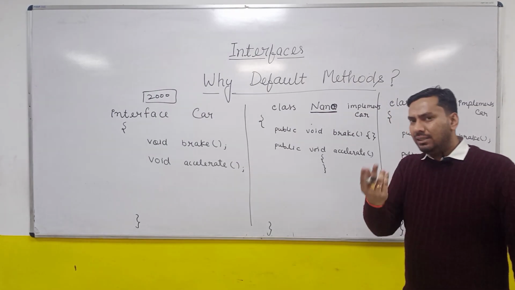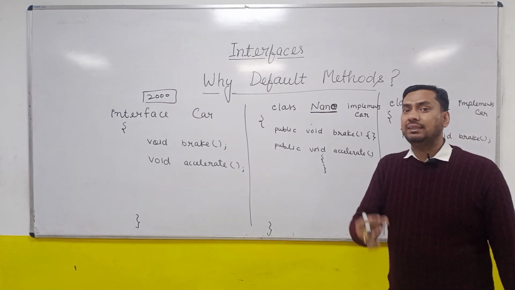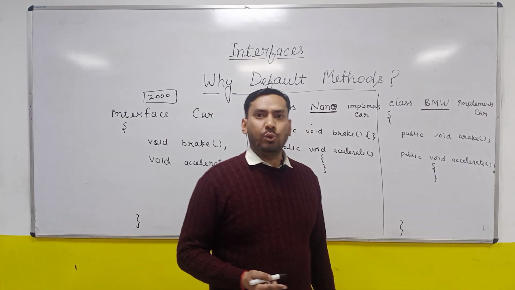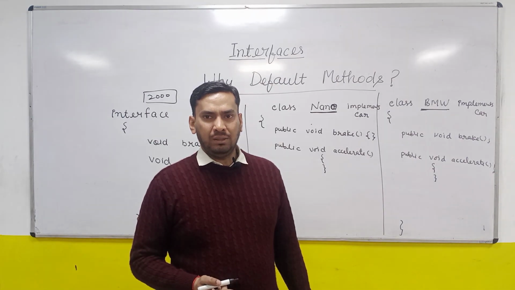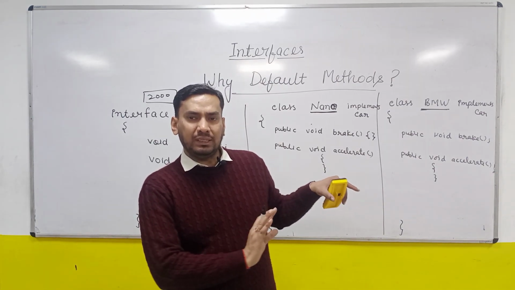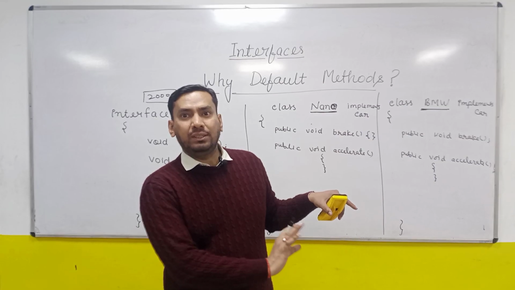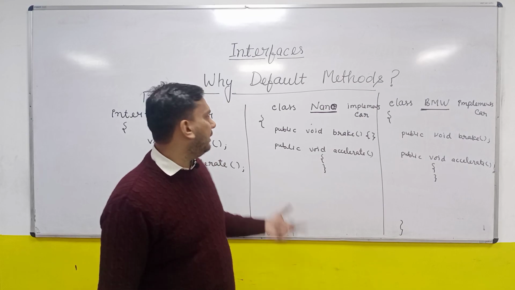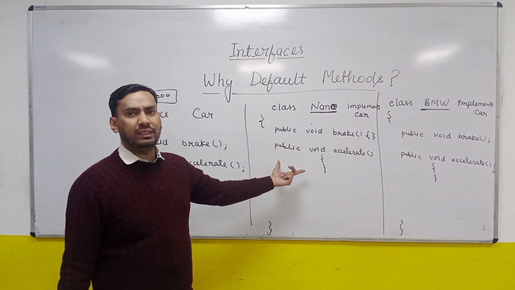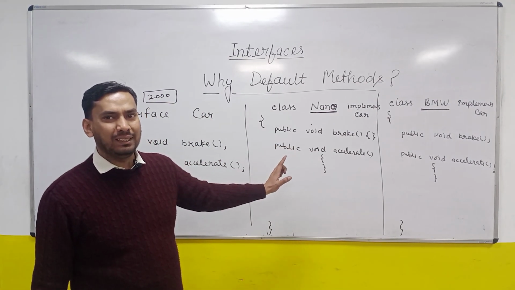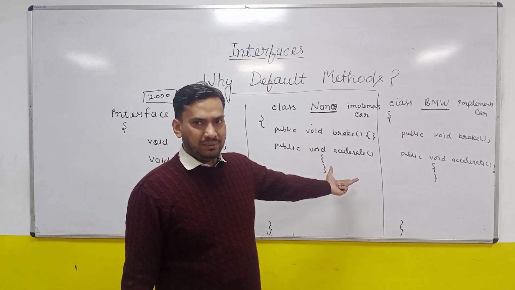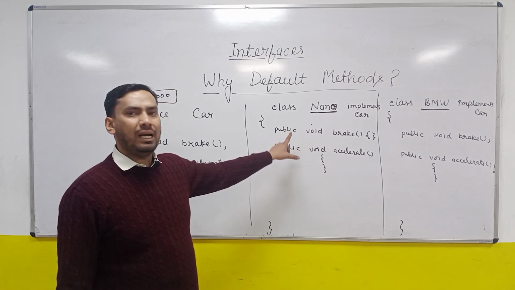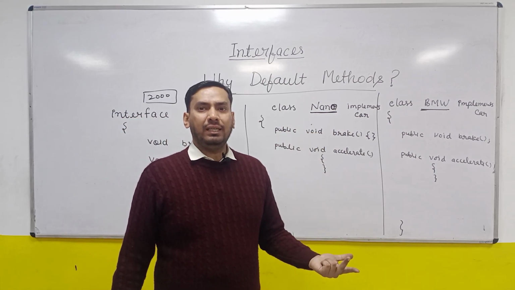So why are we inheriting? Again, because of the is-a relationship. Inheritance is done for two reasons. One is code reusability. When you have a class or interface with some code, and you want to use that code rather than writing it again, you do inheritance. But in interfaces we don't have code reusability, because we don't have any code inside the interfaces. We have only abstract methods and some constants. So here interfaces are inherited because of the is-a relationship.